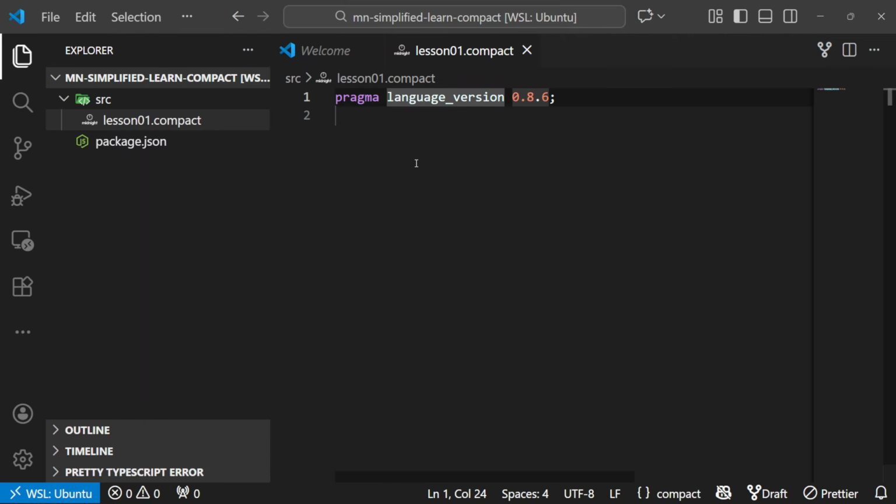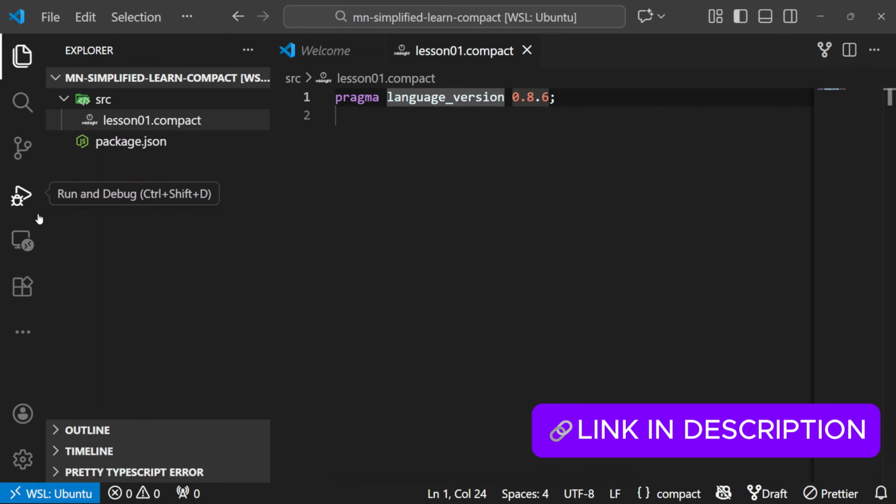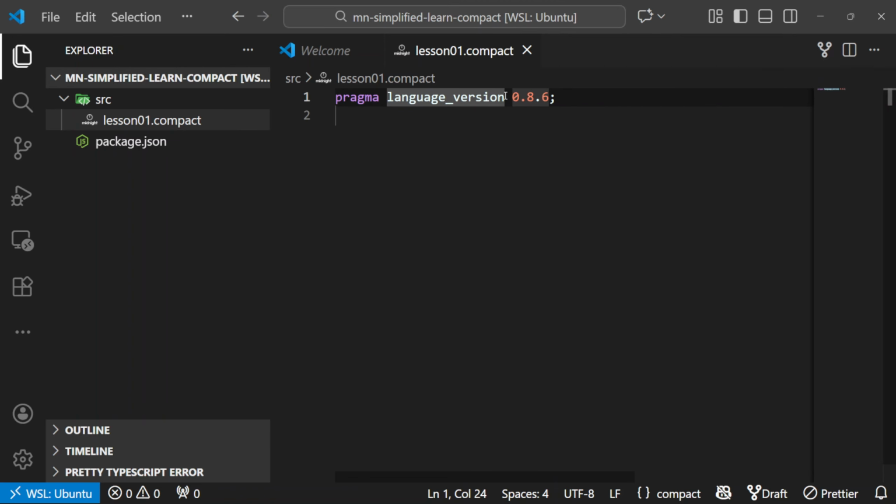I already have the Compact extension installed, and if you don't have that, you want to check the previous videos I've created in the series, where you would learn how to install the Compact extension for VS Code. Once you're done, you can come back to this. Let's keep going. So I'm going to say pragma language version, and then I'm just going to say greater